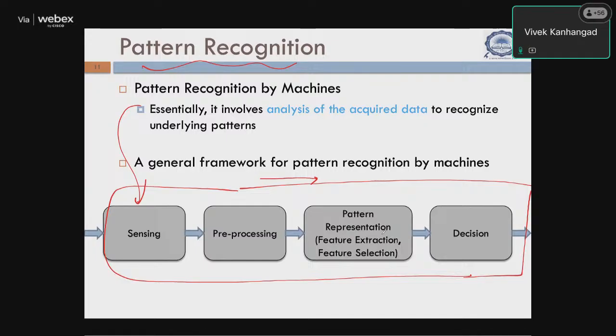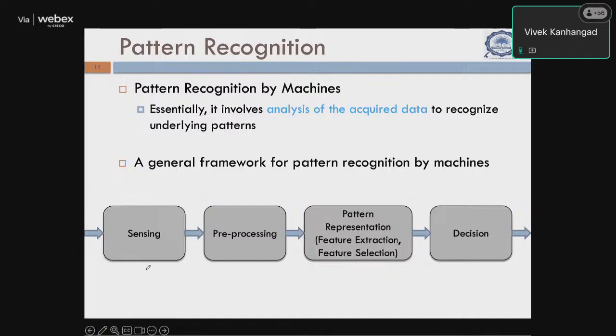How we actually look at this pipeline has slightly changed, but it is very similar. What I'm trying to say is the underlying pipeline remains more or less the same. You may be familiar with this, because if you've worked on recognition problems, you would actually use this pipeline, knowingly or unknowingly. So the first thing is a sensing device,